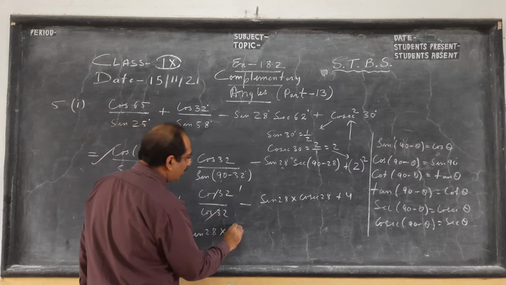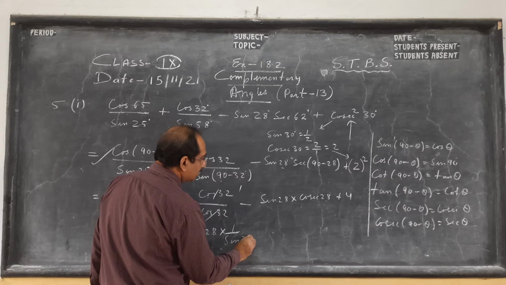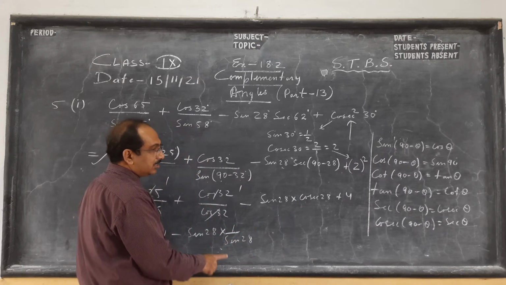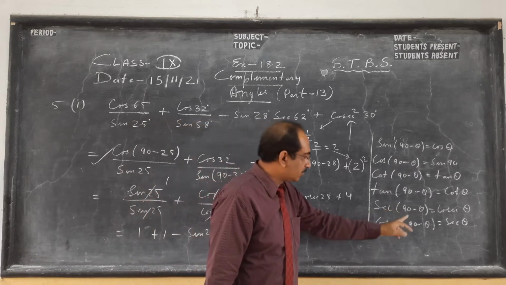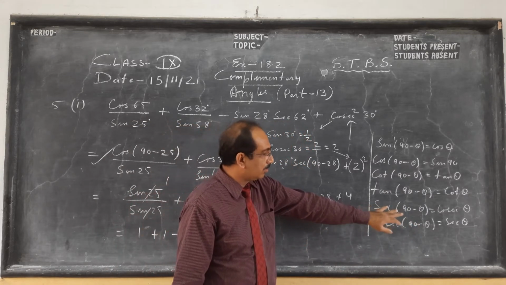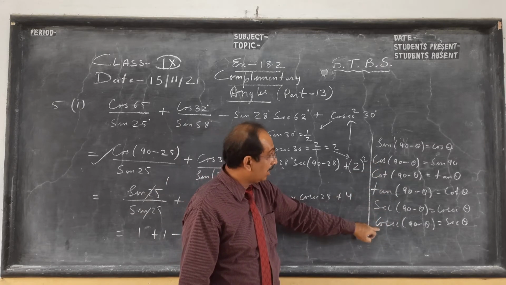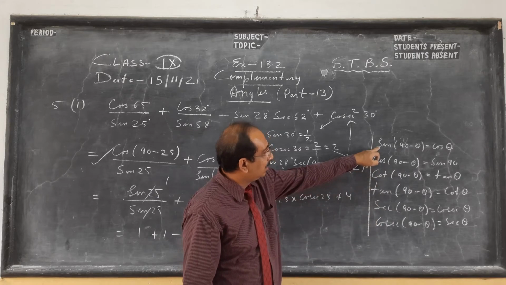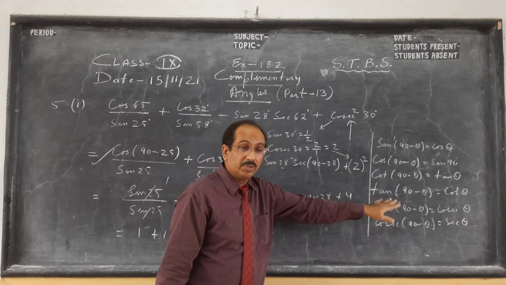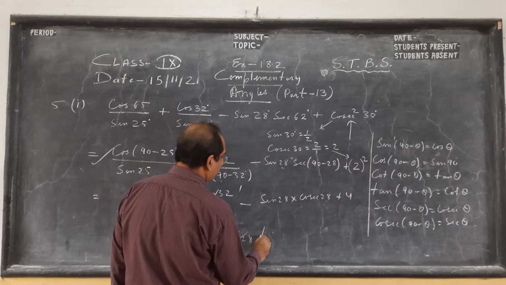Cosec is 1 by sin, cosec is inverse of sin. Because it starts with C, the inverse is S. The reciprocal of sec is cos and the reciprocal of cosec is sin. This is a complementary angle. Starts with C, reciprocal is S; starts with S, reciprocal is C. These are complementary, remember, that is the reciprocal relationship. So this will cancel and here we have 4.